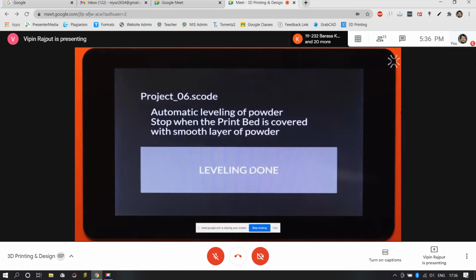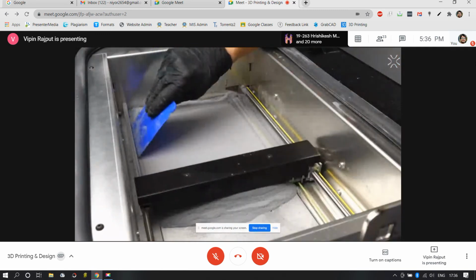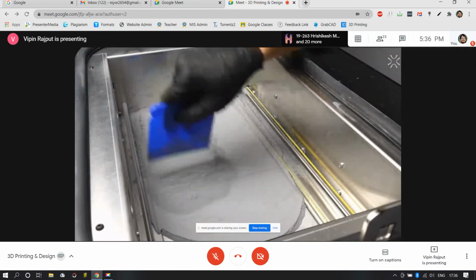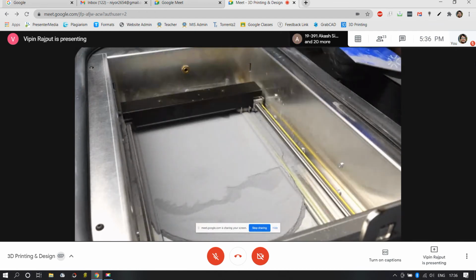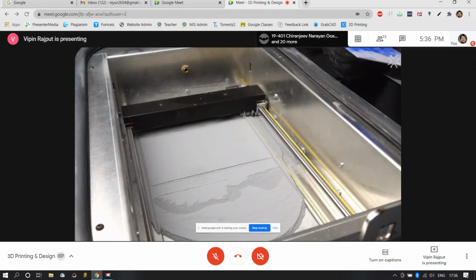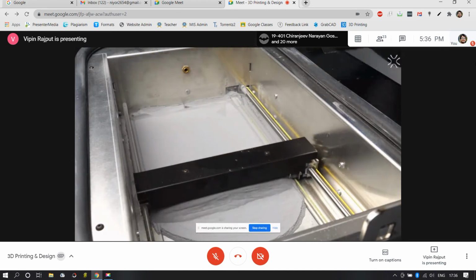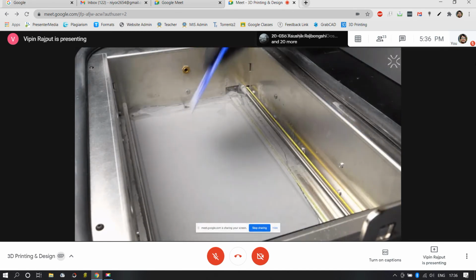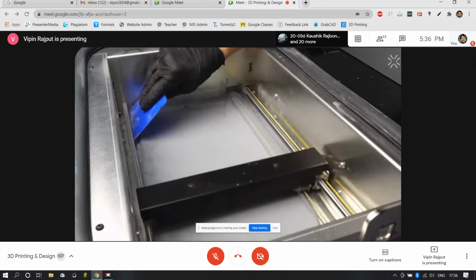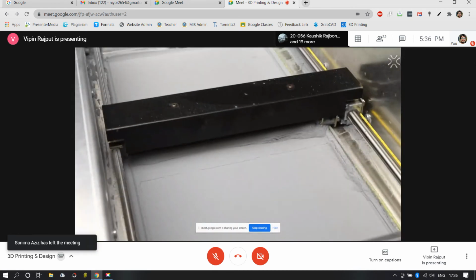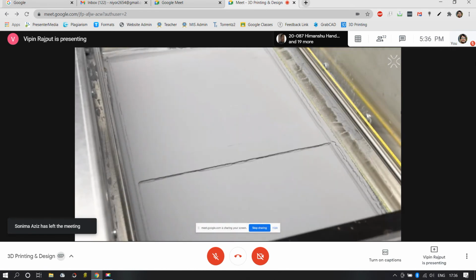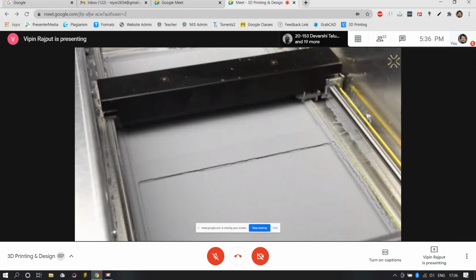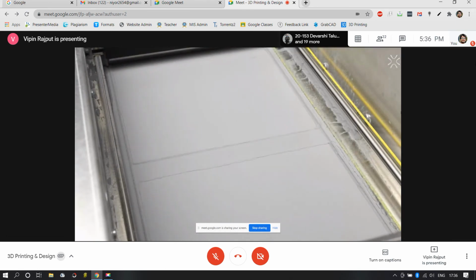Press the Start Leveling button, and the printer will start the process. While leveling takes place, use the scraper to throw the powder remaining on the edges into the chamber. In the end, the whole printing chamber will be filled with a smooth layer of the powder. If you added too much powder, it is okay. It will be poured over to the overflow bin so you can use it later.